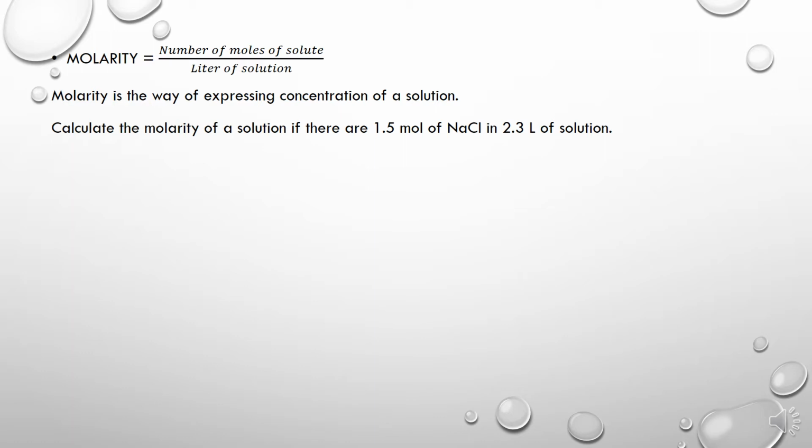First thing I'm going to do is underline the given information, 1.5 moles, 2.3 liters. And we are finding molarity. So this is a direct plug and chug. We know that molarity equals moles per liter. So all I have to do is substitute 1.5 divided by